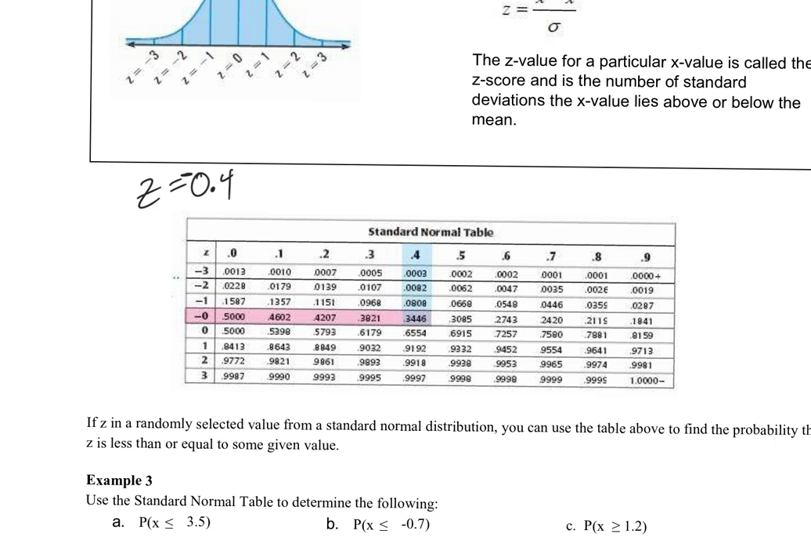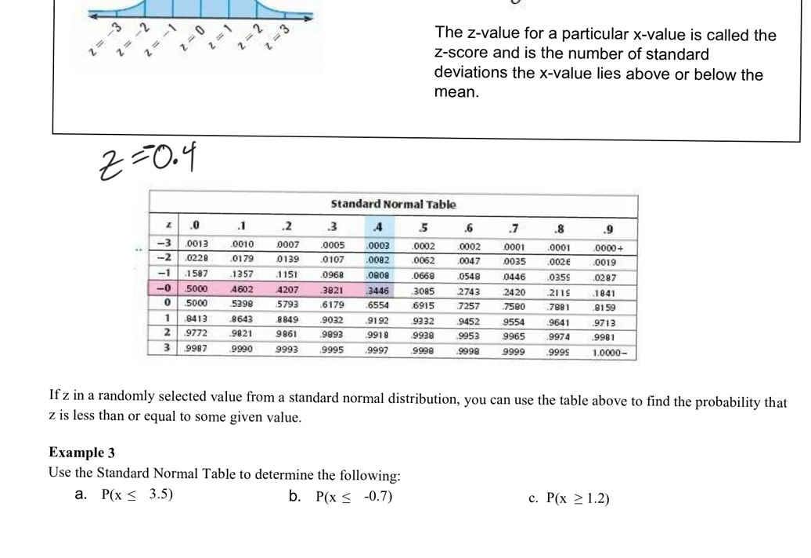And if we wanted to find the probability, and it says right here, if z is a randomly selected value from a standard normal distribution, you can use the table above to find the probability that z is less than or equal to some given value. So z-score of negative 0.4, we have negative 0 here, positive 0 here, right? And then we just find the point value right here, so it's 0.4, and we would get this value that this correlates to a